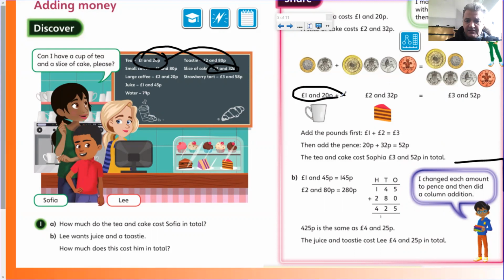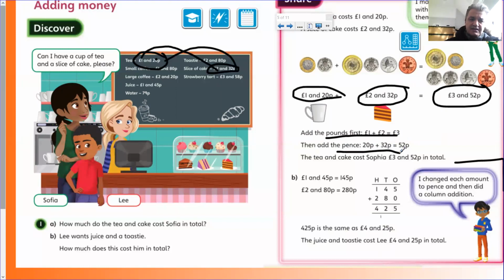I started with £1.20. I've added the cake, £2.32. I wanted my total. I've first added up the pounds, and then I've added the pence to get my answer. So I know how much a cup of tea and a slice of cake would cost. And that's quite straightforward. If I move on to the next question,